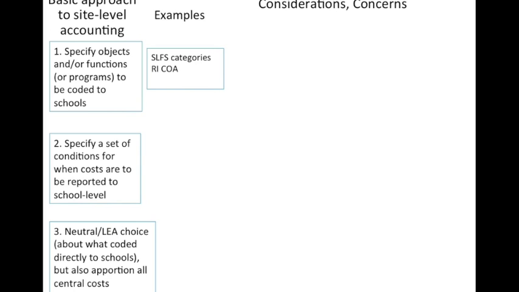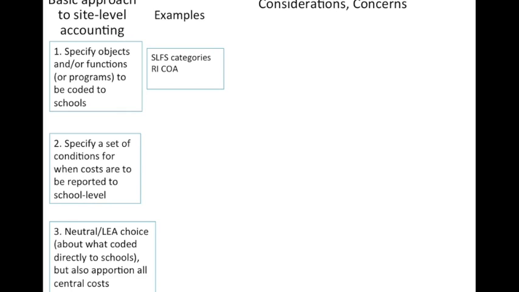The SEA decides, I'm going to say, this classroom teacher must be coded to the school. Any services that are delivered at the school must be coded to the school. Maybe transportation must be coded to the school, or transportation must not be coded to the school, or whatever. It's in or out, and we're going to specify it based on either some object codes in the chart of accounts or the functions in the chart of accounts. Could even be programs in the chart of accounts. And examples of that are